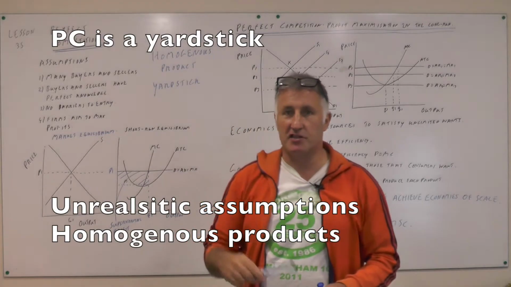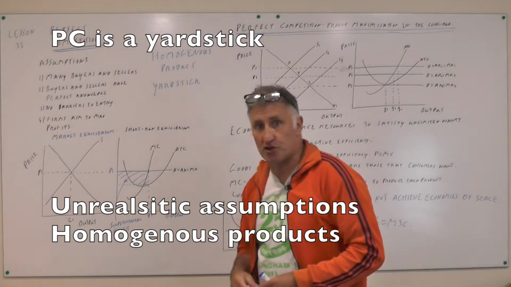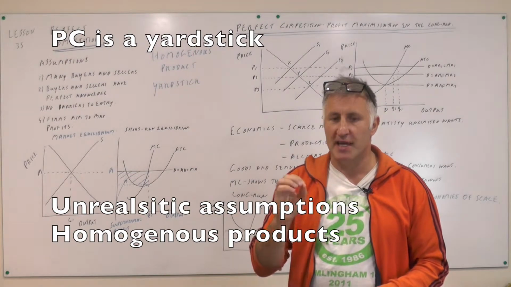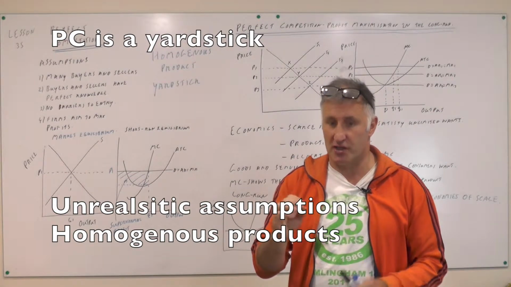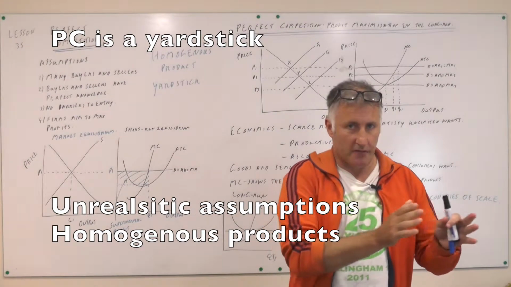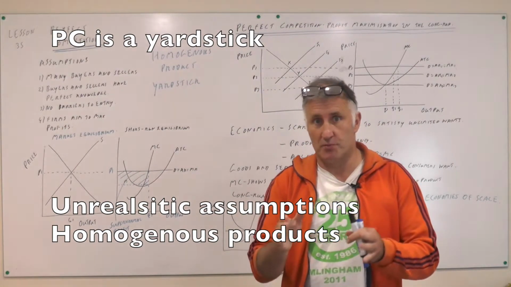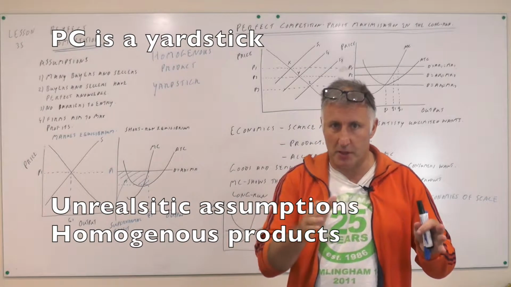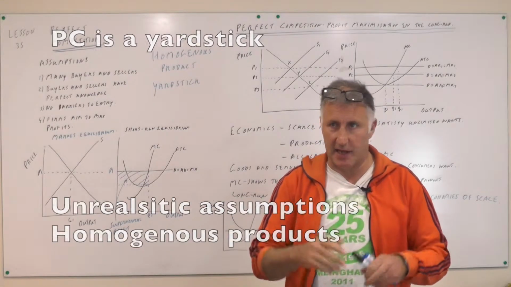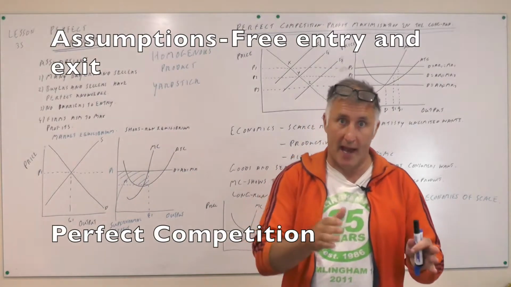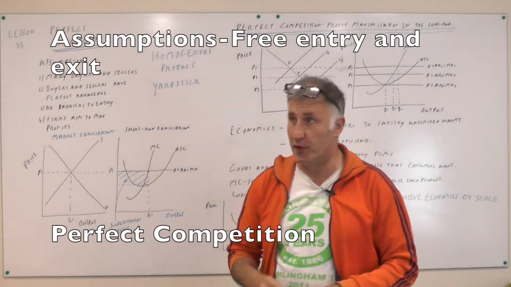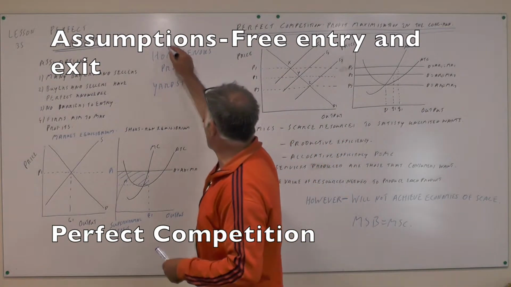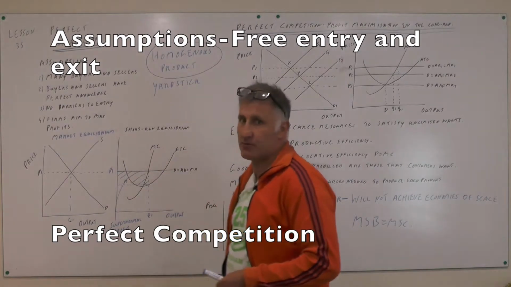Okay, this is lesson 35 and we're looking at perfect competition. The most important thing to remember about perfect competition is that this is just a yardstick. What that means is we compare other forms of competition to perfect competition because it has certain characteristics that make it a really good comparison as to how well or badly firms in that market structure are doing. Firstly, perfect competition says that all the products are exactly the same, so homogeneous